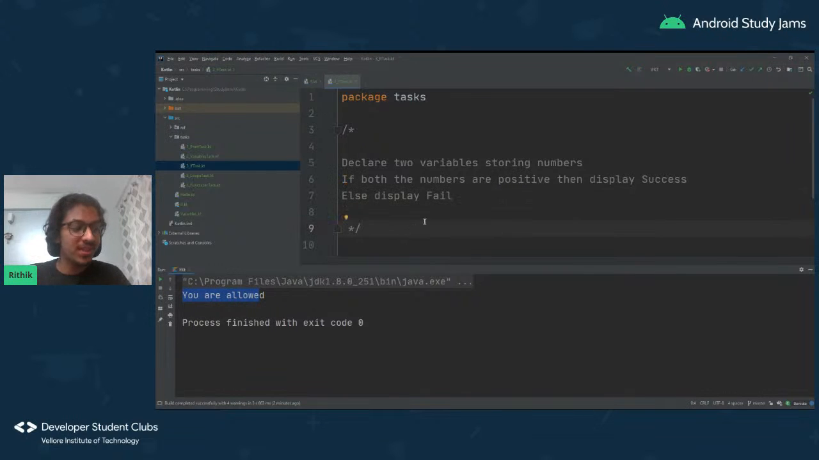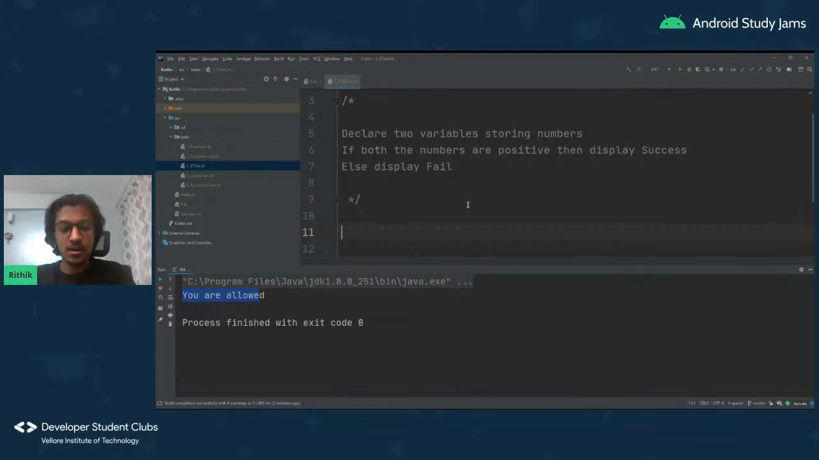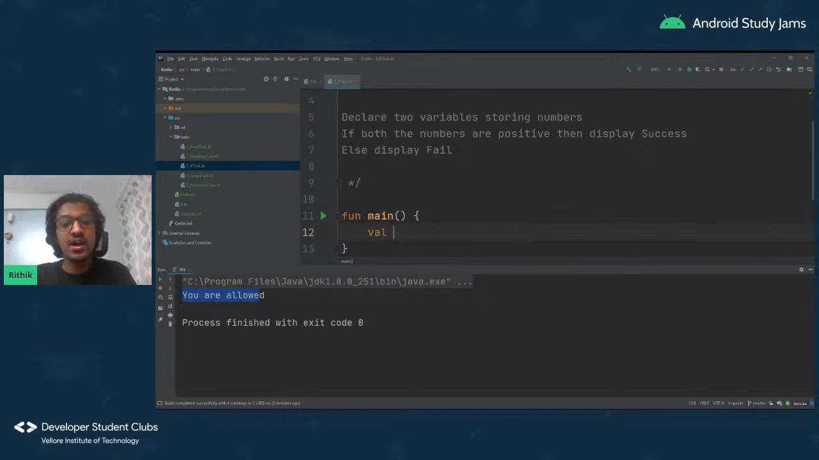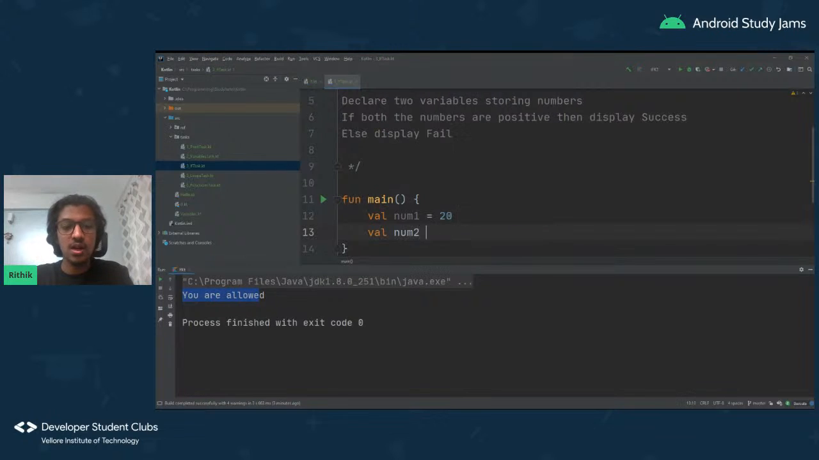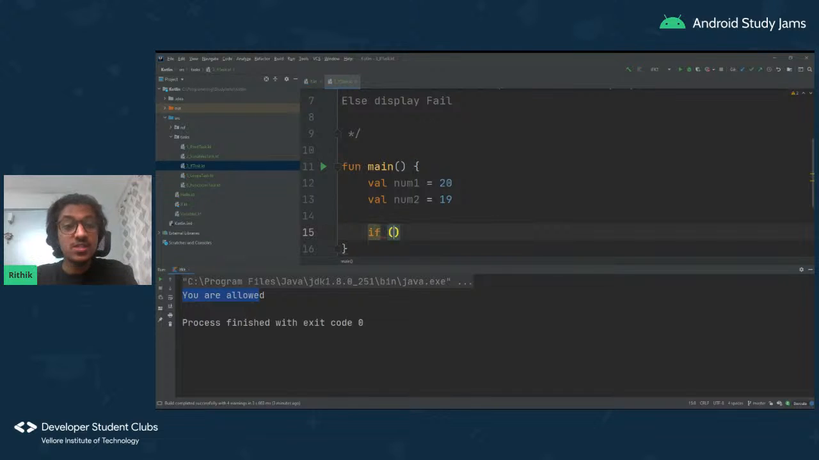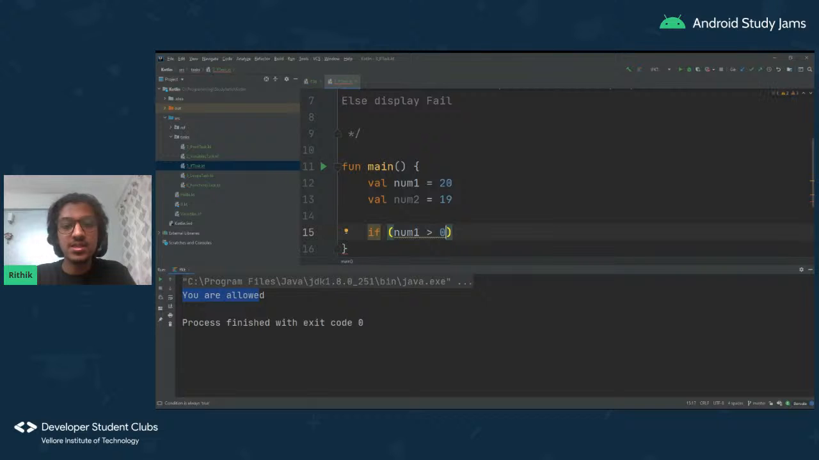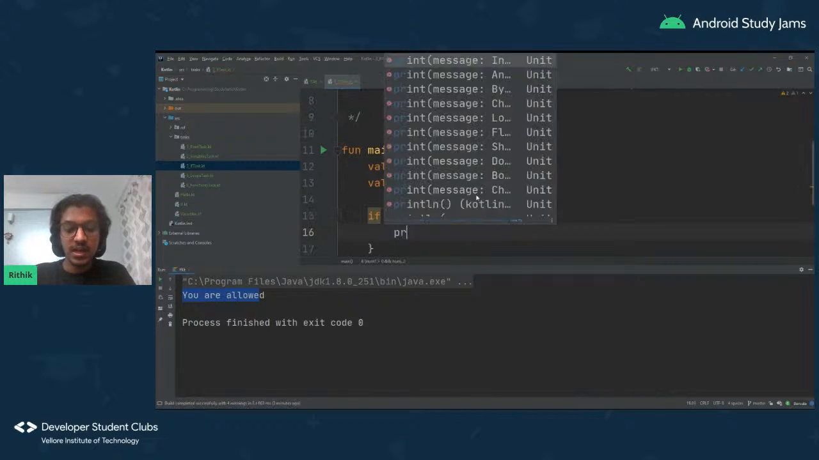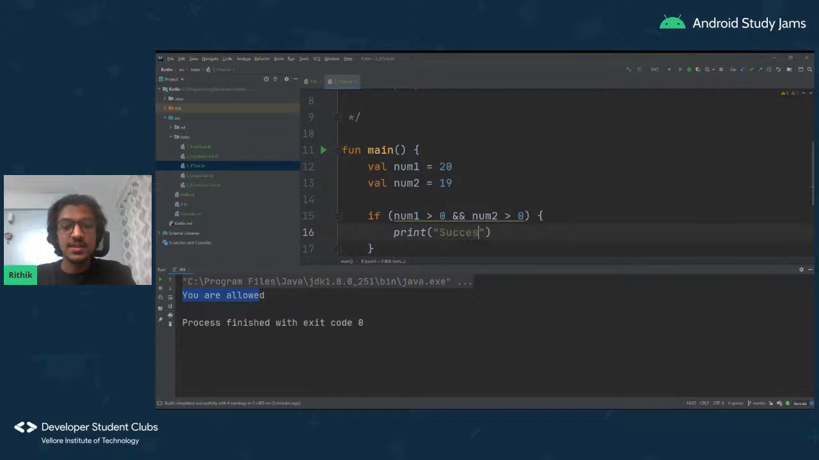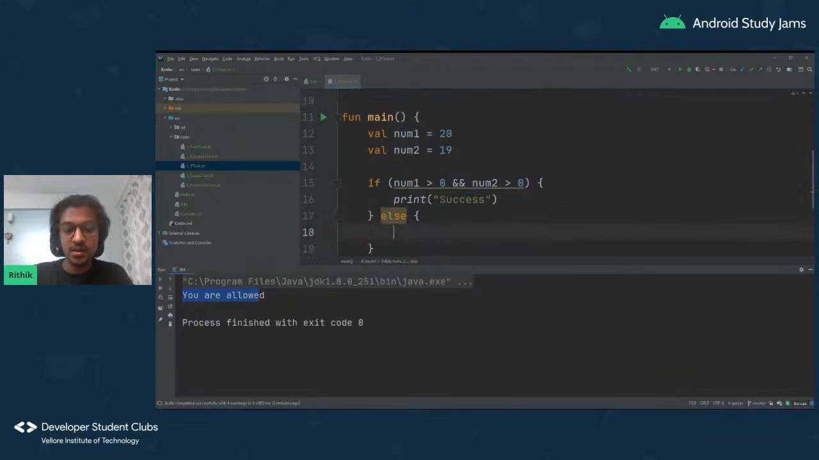Okay, so now let's just go over the solution for this. Let's start by defining a main function again. Then let's define two variables. Let's call the first one num1 and equate it to 20. And let's say num2 and equate it to 19. Now let's put an if condition again and say if num1 greater than 0 and num2 greater than 0, we can print success, else we can print